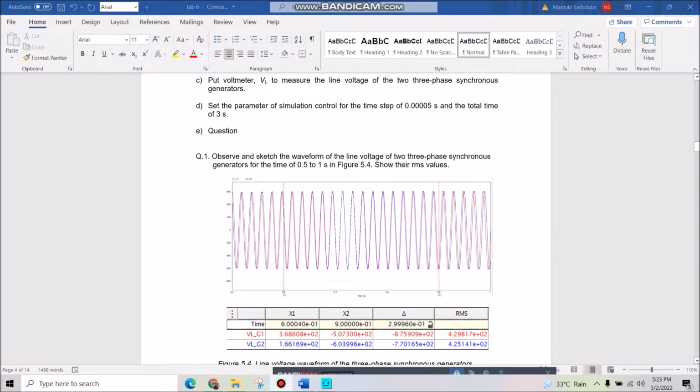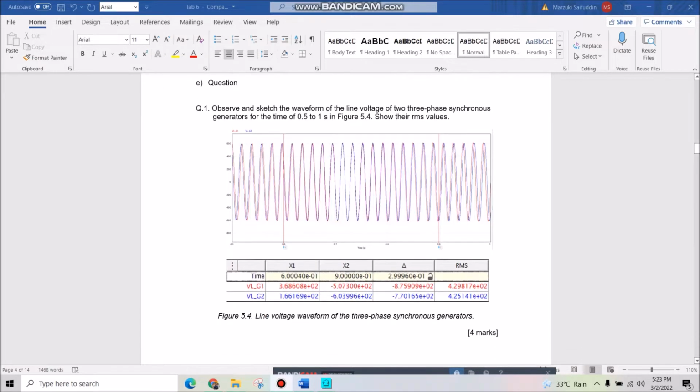Okay, today I will explain about part 5.1. For question 1, observe and sketch the waveform of the line voltage of two three-phase synchronous generators for time 0.5 to 1 second. So it shows the RMS value, which is here,